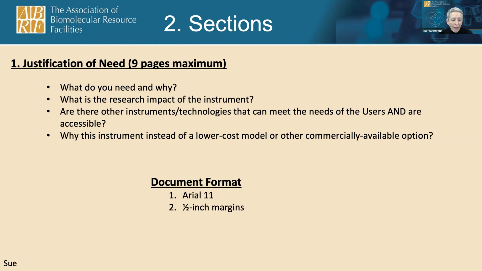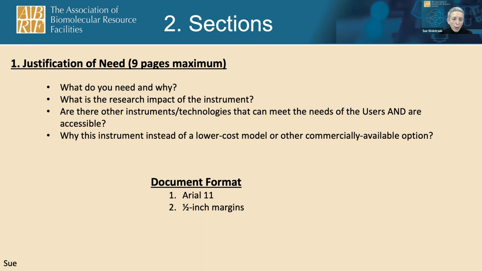But then figuring out what you need and why is what we emphasized yesterday. If you can't come up with a good "why now," then maybe you better keep thinking about it and apply next year, because it needs to be impactful on the research of the user group. It's not "if I buy it, they'll come"; it needs to be something that they can really use. Now, it doesn't have to have been proposed in their previous grant applications, but it has to make a clear impact. And you've got to be able to explain why in general terms.